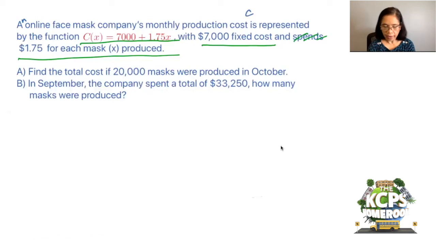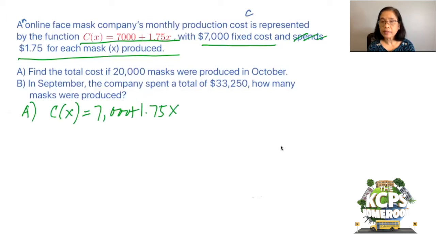We are asked to find the total cost if 20,000 masks were produced in October. So if our C of x is equal to 7,000 plus 1.75x, and x is 20,000, then C of 20,000 is equal to 7,000